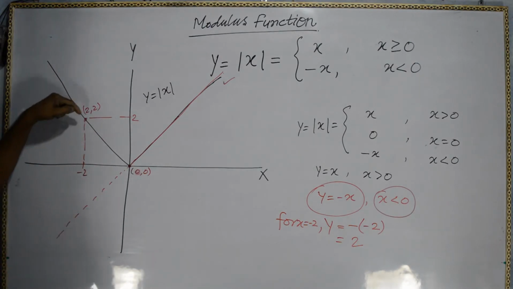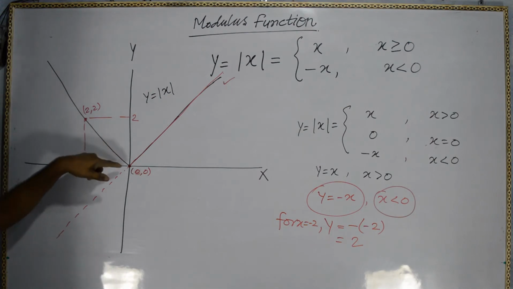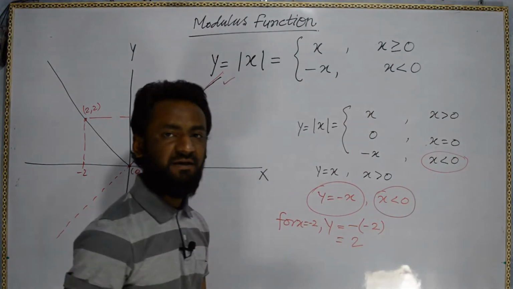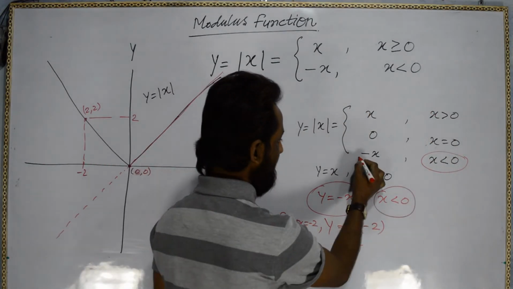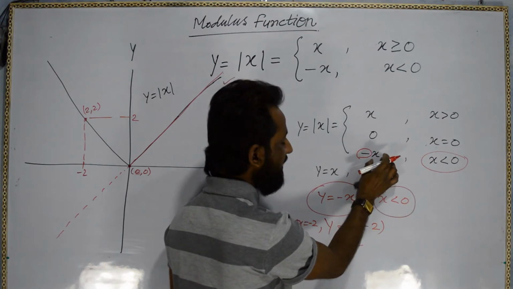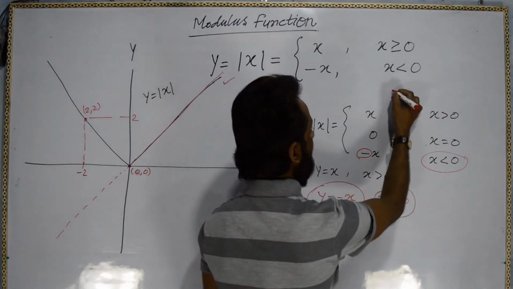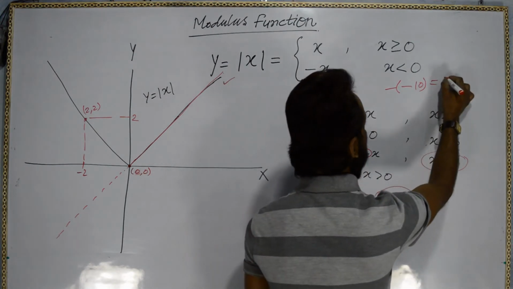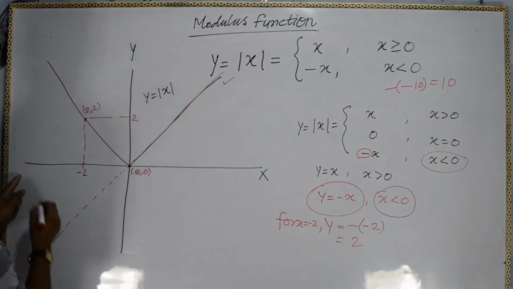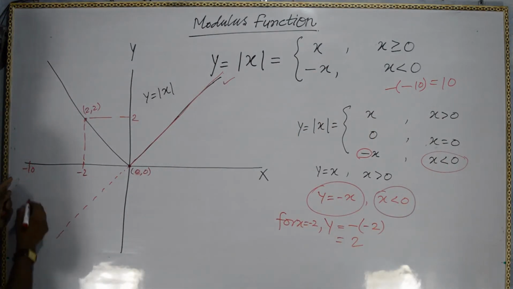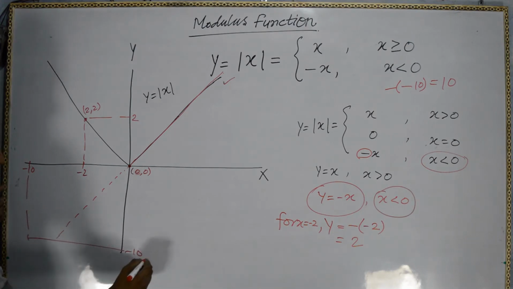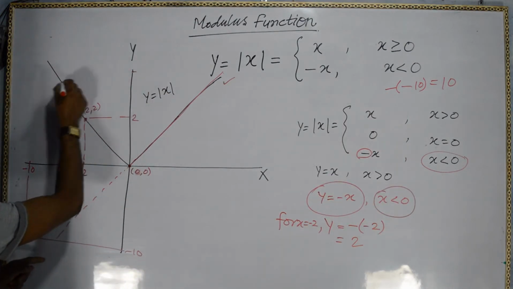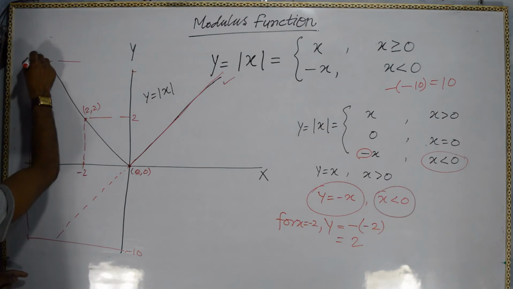Okay, that's not an issue. I'm not talking about the coordinates 2, 2, but how it is becoming positive, because here x is already taking negative values, x is negative, and this minus sign is already here. So whenever we put negative values of x, minus and any negative value of x, for example minus 10, it will become plus 10. So for x equal to minus 10, we must get minus 10 according to x is positive, but when x is negative we are getting plus 10, so it will be somewhere like this.